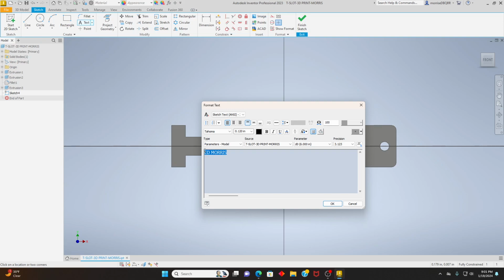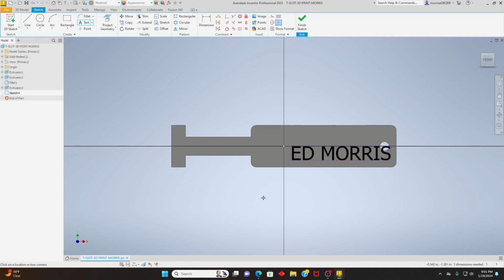I'm going to highlight this, and I'm going to make it, I think 0.375 is what worked for me earlier. So I'm going to enter and do a right click, select OK. Now I can move this. If you hold down your left mouse button and move your mouse, I can drag this so it's basically centered on that line. Notice I'm using the middle horizontal member of E as a guide, so I know that if I put that middle member right on that center line,